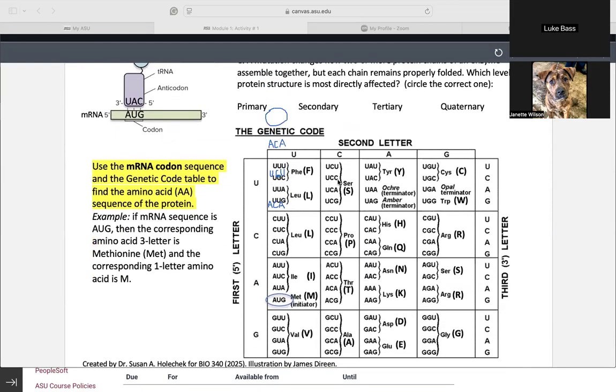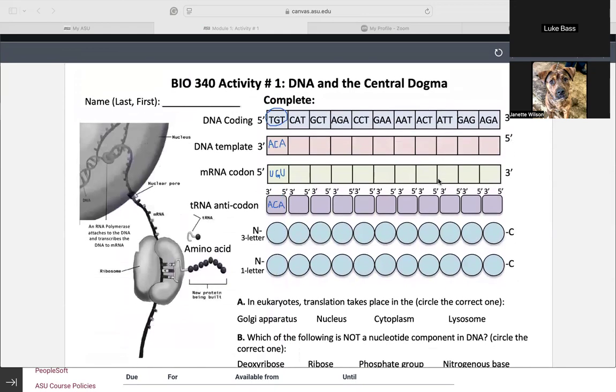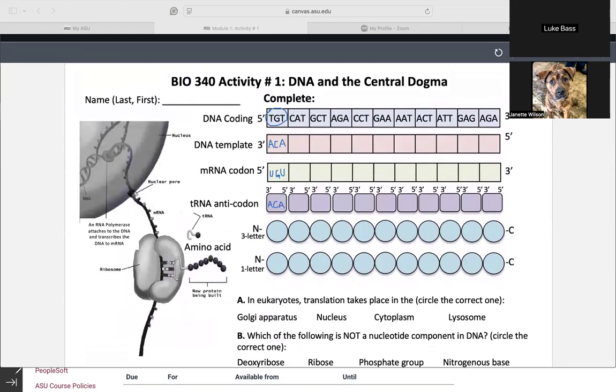So it's U, G, and then UGU will encode for cysteine or C. So that first one is going to be the 3-letter sequence. As you'll see on the coding table, CYS,